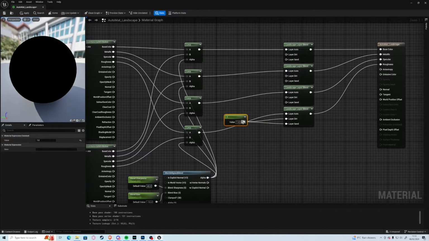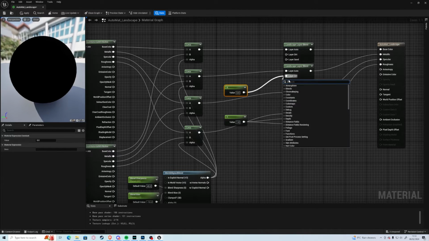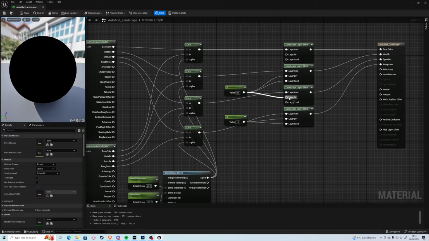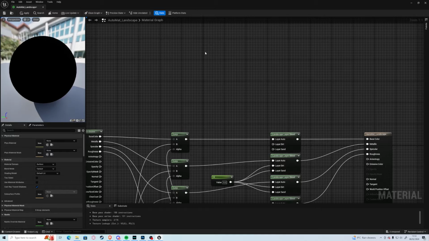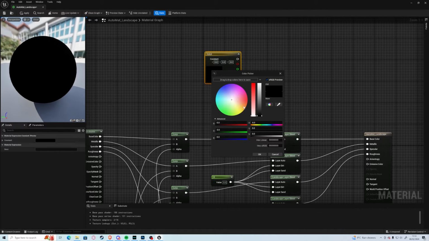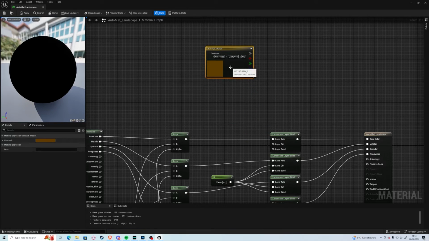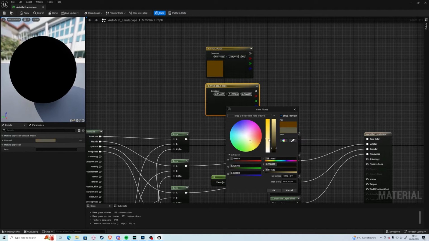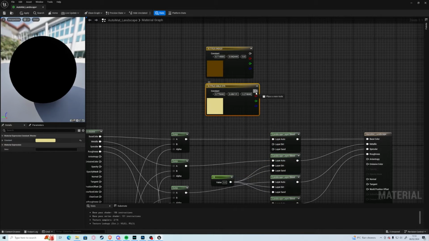Also, we're going to set a value of 0 for the dirt and sand, for the specular and for the metallic. Then if we press 3, then we can choose our color. So we're going to have a nice brown for dirt, and we're going to have a pale yellow for sand. Plug them in to our layer blend, save,